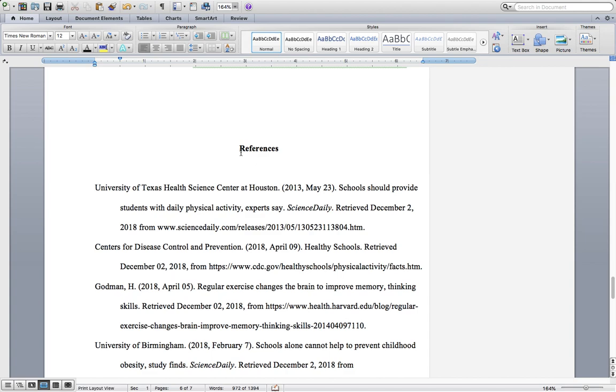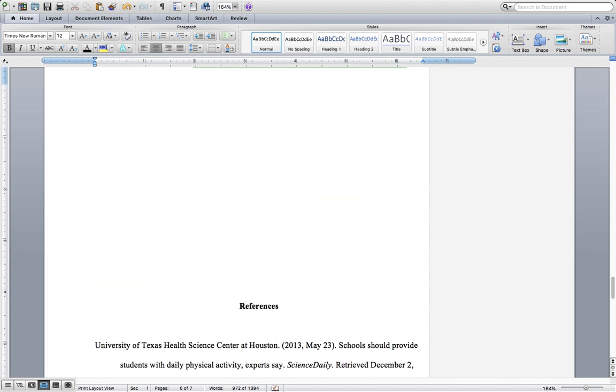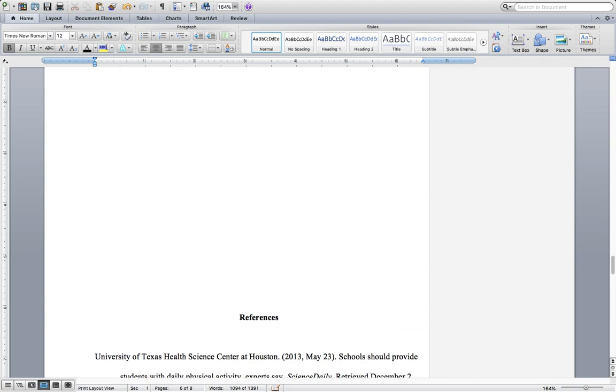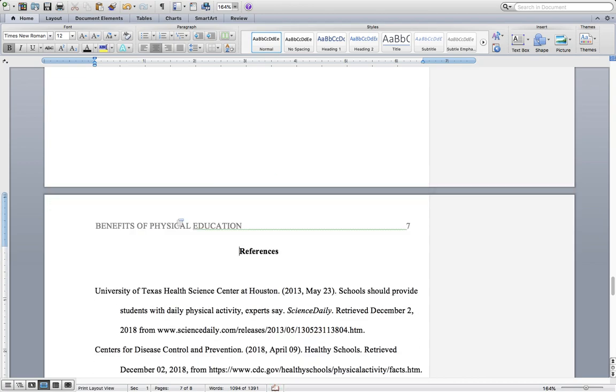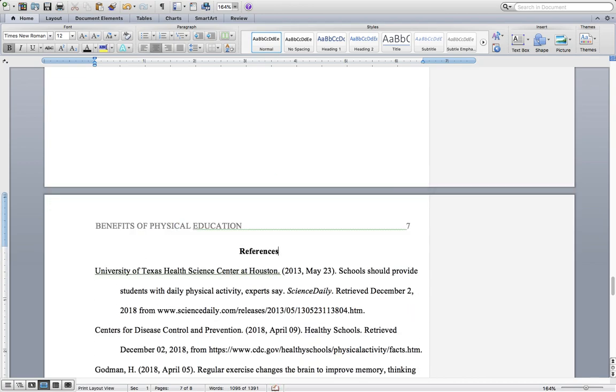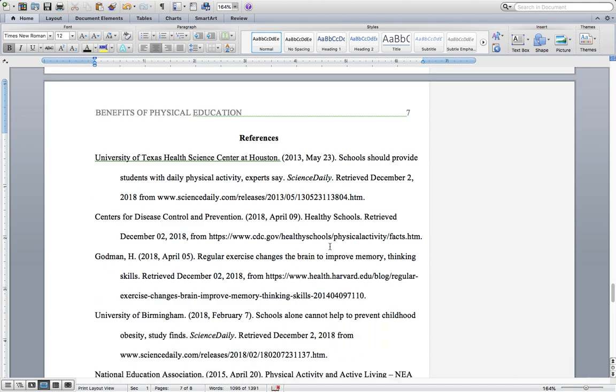In terms of the references page, remember the references page, and I know I probably bumped this down from stuff I was writing and taking away, so it's probably my fault rather than the writer's. But the references page always gets started on a new page. When I write, anytime I include a reference, I'll add it to my references page, but I don't put the references page at the top of a new page until I've completely finished my writing, because it's going to go all over the place as I add, delete, take away. But I do add as I go. And